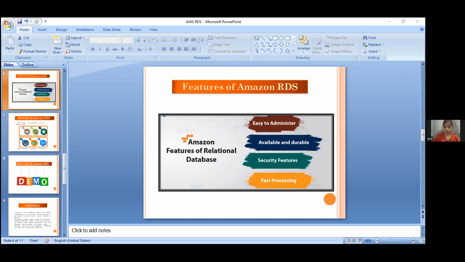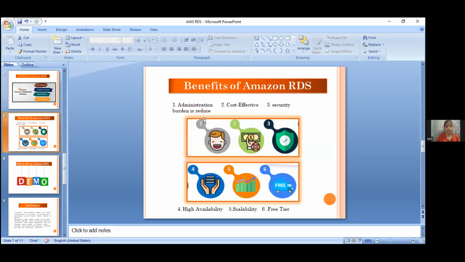And these are the. I cannot see the slides now, ma'am. Other than your features. No, you are sharing your demonstration part. No ma'am, benefits. No, I cannot see. Now I can see the benefits slide. Okay.